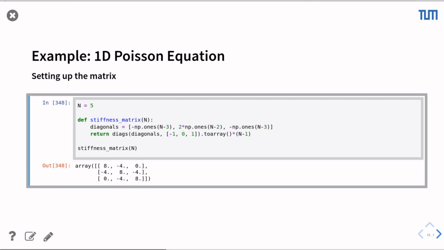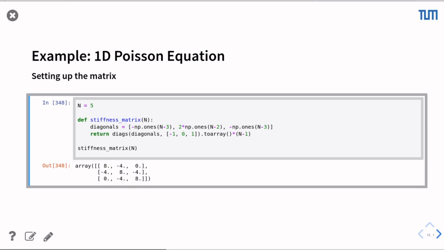So we can look at this in code as well. For now, let's just choose a really small example. We've got 5 grid points. 2 of them will be the outer grid points, and if you remember from the first slide on this, we've chosen to keep the boundary nodes at 0, so we don't need stiffness matrix entries for them. So we end up with a stiffness matrix with 3 entries as here,